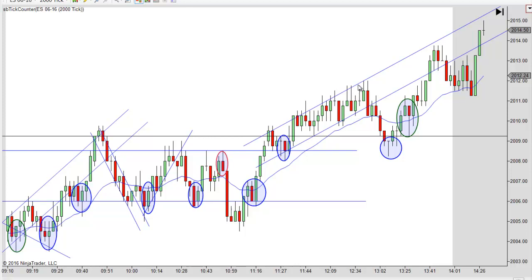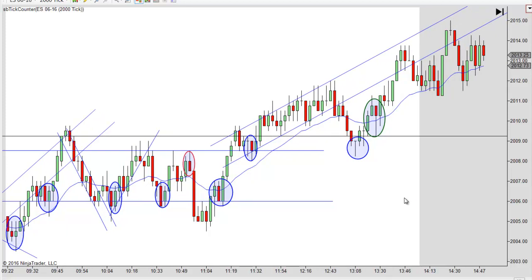But look what would have happened if you'd taken it. There's not much room to get out there. This is more sideways, even though we're still going up. This late in the afternoon, right in the lunch hour, I just don't see a good chance to enter that. I think you need to get a better entry down here, and notice you do. You get 2 legs down, and look at that reversal type bar right there.